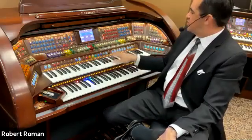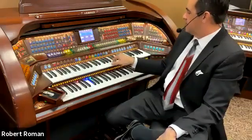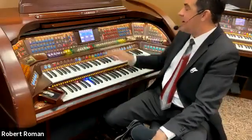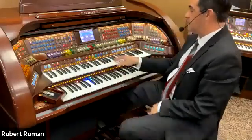So a lot of times when I use the guitar sounds, I may hold the note, whereas if I put on a vibraphone in this case, or the vibes,